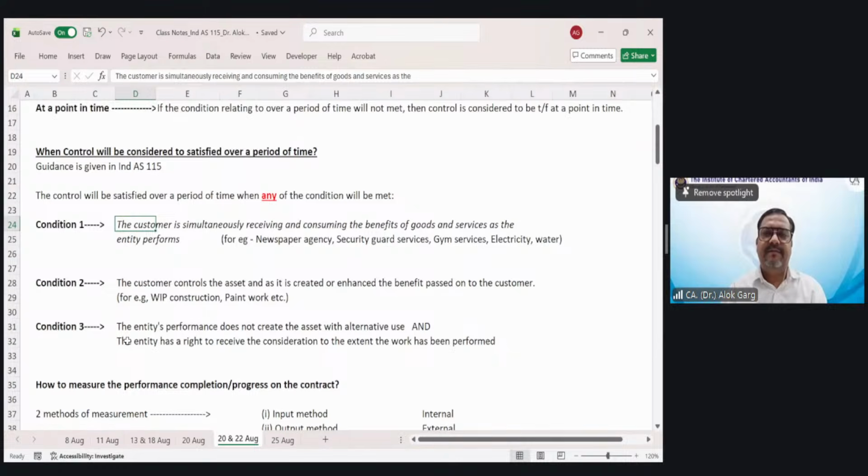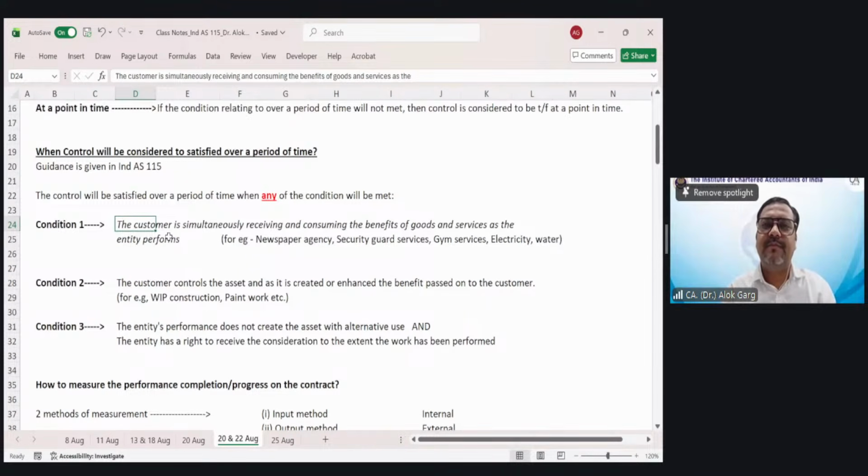Tell me. Or will you say that, sir, today you teach us step number 5 and we will be able to understand step number 5 after 3 months? Is that so? Or the moment I'm teaching you daily, when I come to teach you, the moment I'm giving you new topics, are you able to understand? Are you able to consume? Are you able to get the benefit out of those topics or not? Yes, that's how we operate every time. Like Ind AS 115 we covered in 6 classes, other standards we cover in 1 class, 2 classes, right? So this is how we operate.